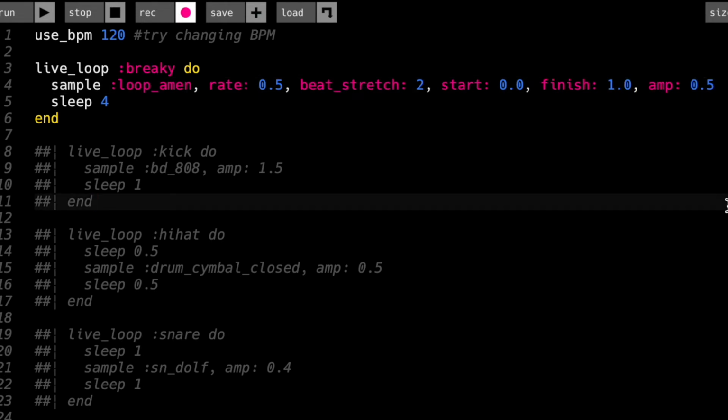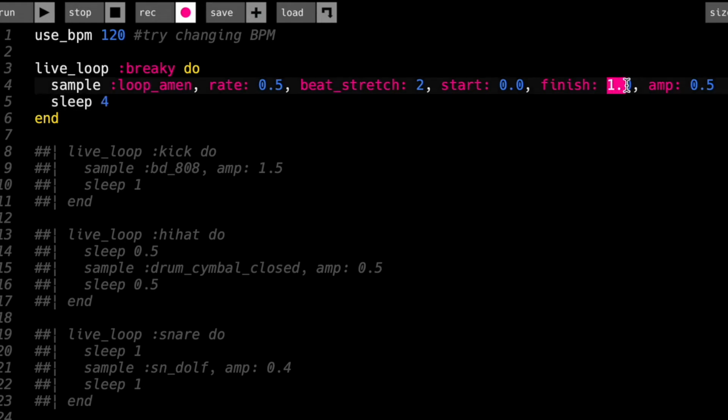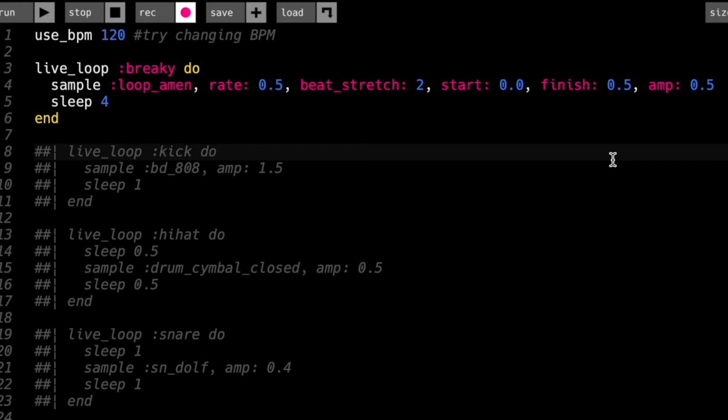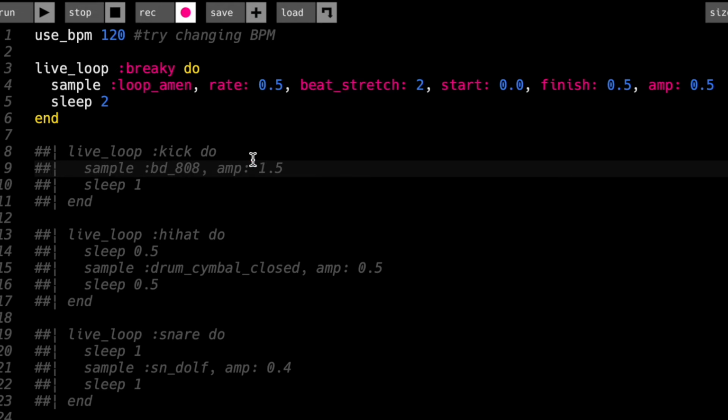Now, if we wanted the differences to be felt, we would have to actually change the sleep value to produce this new sound. So let's say that we wanted it to just be 0.5, so essentially half the sample. So if we halve the sleep value,